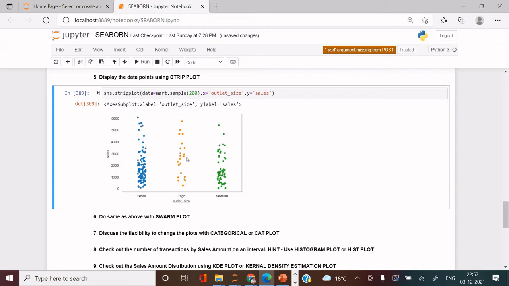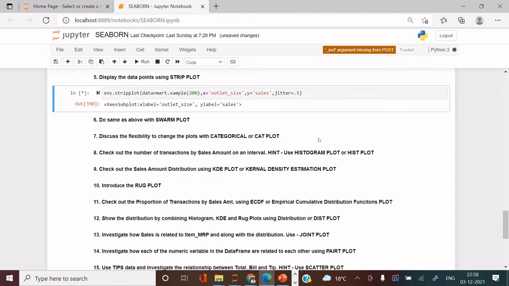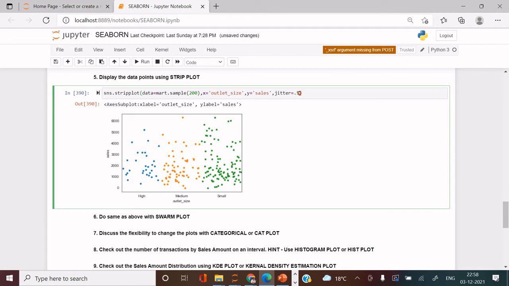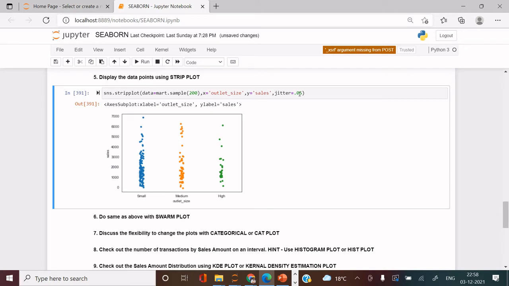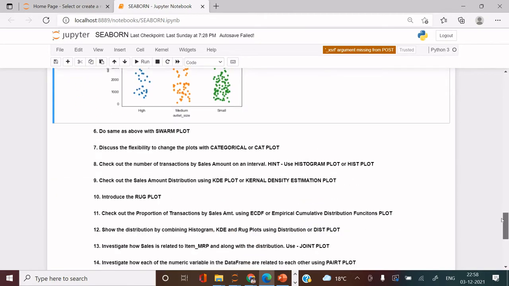So here what it does is it shows each of the data points separately, right? If you want to expand this more, scattered, then you can say jitter equals to, let's say 0.5. You can see it is too much, so you can just say 0.05. Then this is how you can change the jitter option, and you can play around with it. That has been covered in the detailed video in more detail, right? So let's say you can just say 0.2. Now this is much better. Okay, so this we basically use to show each of the data points.